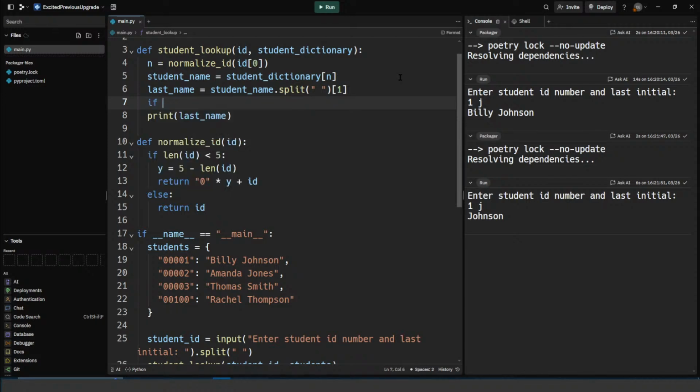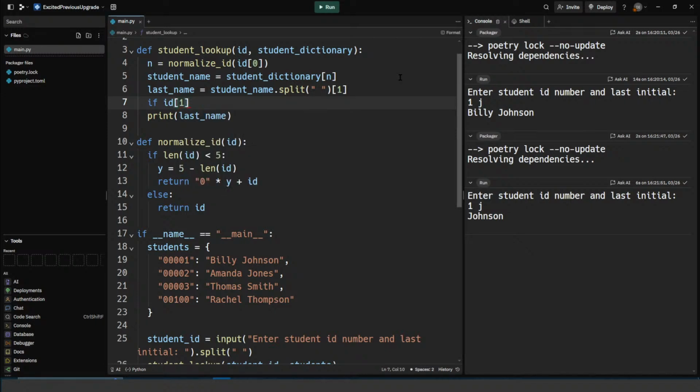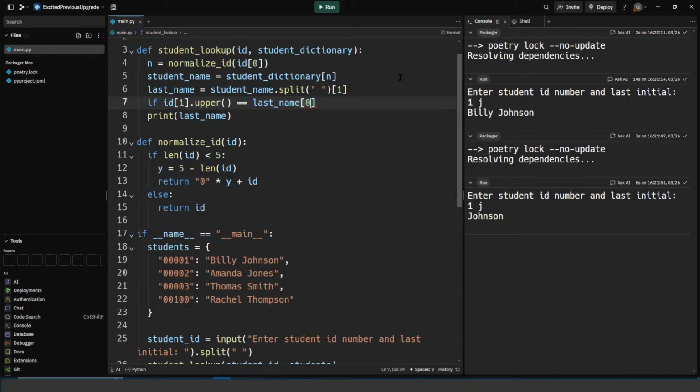So I could say if ID at index location 1 dot upper, and upper is a function, is equal to last name at index location 0, because that's going to be the first letter,